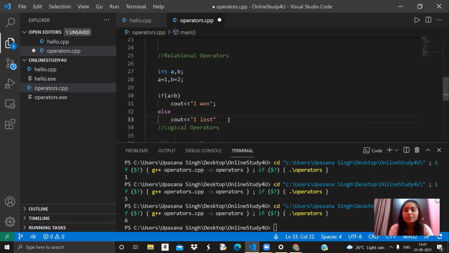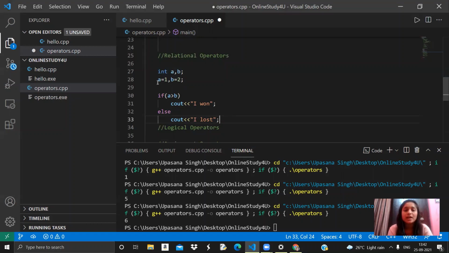So here I'm using an if else statement. If you don't know what an if else statement is, that's not a problem. You just need to understand the relational operators here. We will discuss the if else statement in a further video. So right now, just focus on relational operators.